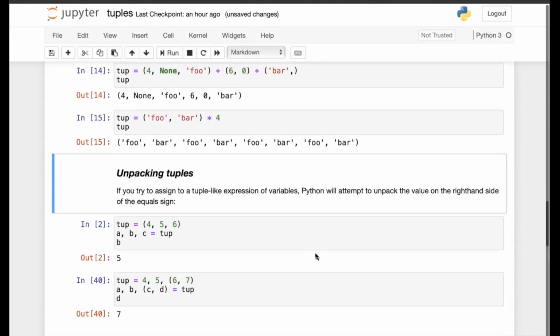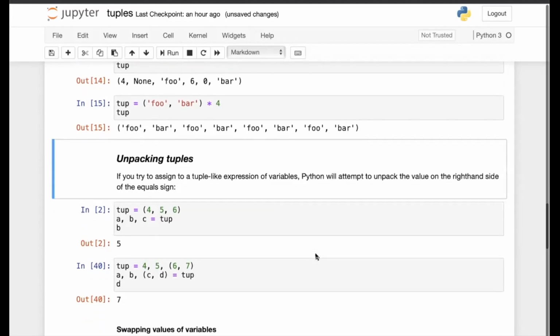Now this is one important concept, unpacking the tuples. So we can also unpack the tuples to individual variables such that those variables are assigned the individual values from the tuple. Now, to do that, the number of the variables to which we are assigning the tuple should be the same as the items in the tuple.